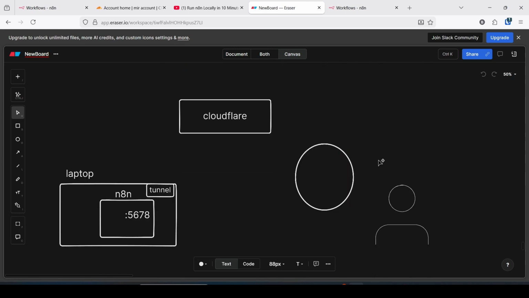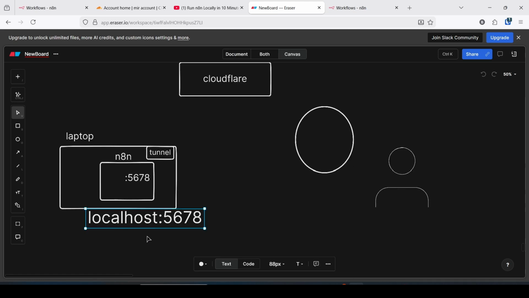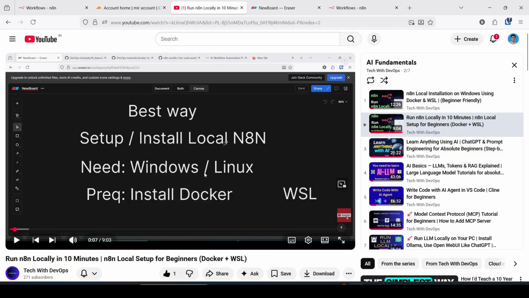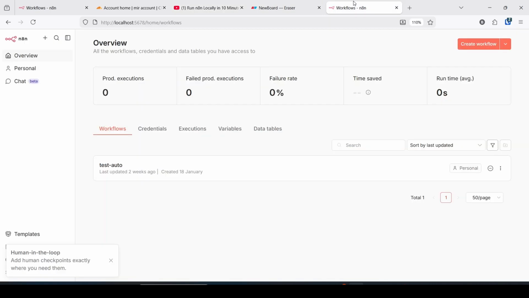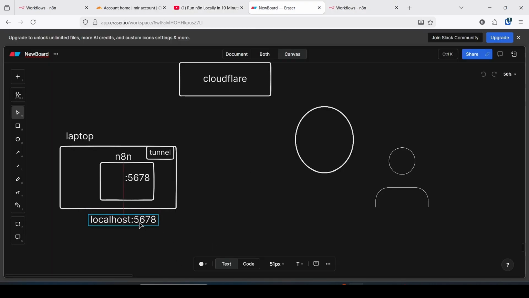Here you can see this is the image. The user, this is your laptop. In your laptop, you have installed n8n on port 5678. And you can access the n8n by using localhost colon 5678 here. I have shown this in that video. You can check the video. But now I want to access the n8n